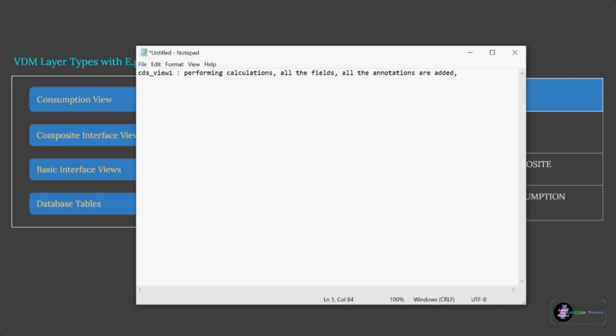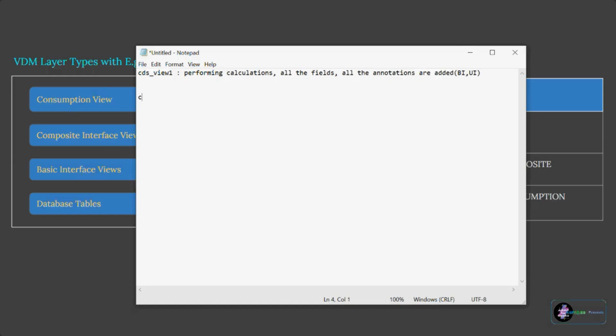Related to all the information, so be related to BI or UI, anything. Okay, so let's say there is another developer who saw your CDS views and he does not want to perform some calculations. He wants some fields, and also he saw many user interface annotations. He is not able to utilize this one. This complete CDS view is just for you, so nobody is able to add to it.